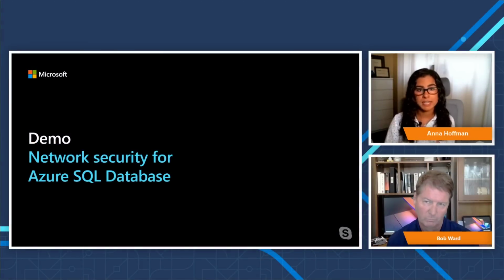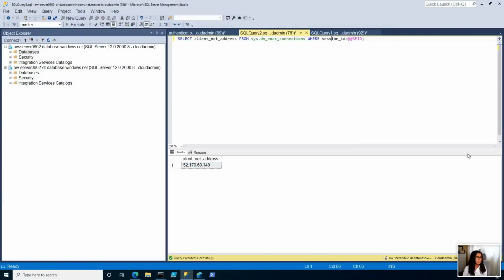And if you go to our GitHub page, you'll actually be able to see all the demos that I'm doing here, and you can try them yourself. So what we're doing here is I'm in SSMS, and I'm basically running this command, which is going to tell me from what IP address I'm accessing the database server. So this is the public IP address of this virtual machine. As you can see, it matches that public IP address right there. So here, I'm using just firewall rules. I just have a firewall rule allowing access to this virtual machine, and that's going to connect from the public IP address.